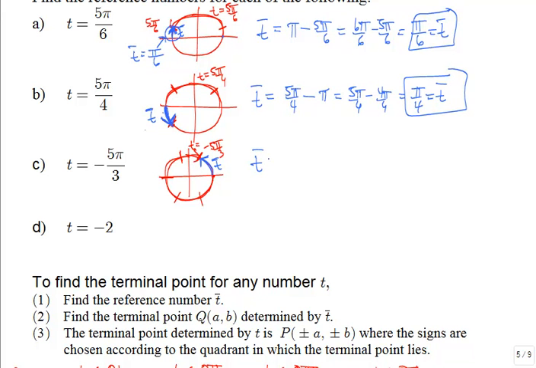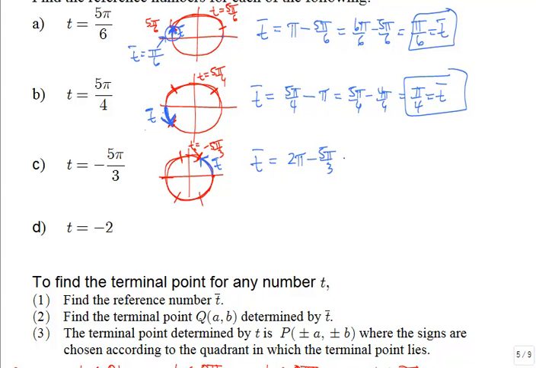So how could we figure out what t-bar equals? Well, we know that to go all the way around would be 2 pi. But we want to subtract off from that 2 pi this distance of 5 pi over 3. So we're going to take 2 pi and subtract off 5 pi over 3 to see how much little extra, this little blue arrow, it would take to go all the way back to 2 pi again. So we're taking 1 full revolution minus this almost full revolution to figure out how short we are,